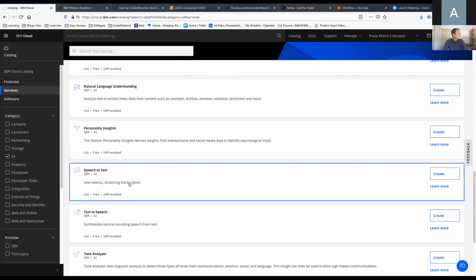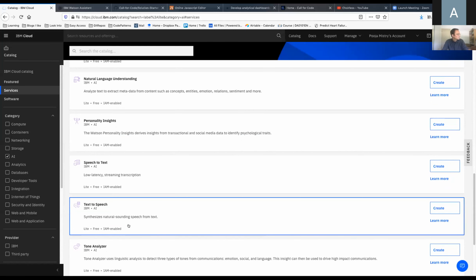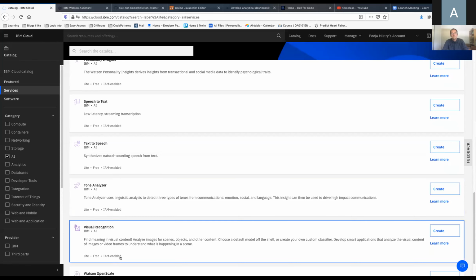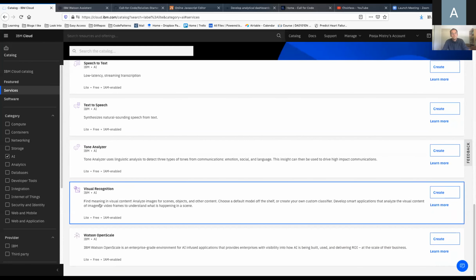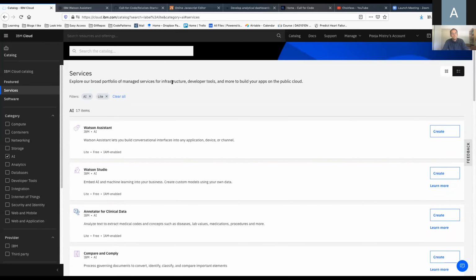Personality Insights, there's something called Speech to Text. So if you're capturing voice data and you want to convert it to text, you could use this service. Or if you have text data and you want to convert that to speech, you could use that service. Tone Analyzer is a fun one where you can analyze the tone, like whether something sounds happy or sad or joyful or whatever it's expressing. Svetlana is going to talk a little more about VisRec, but you can see that there are all of these really great services for you all to use.